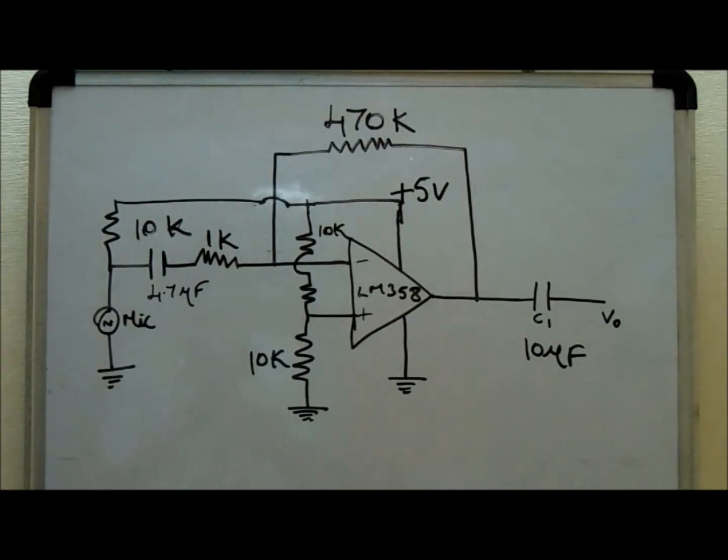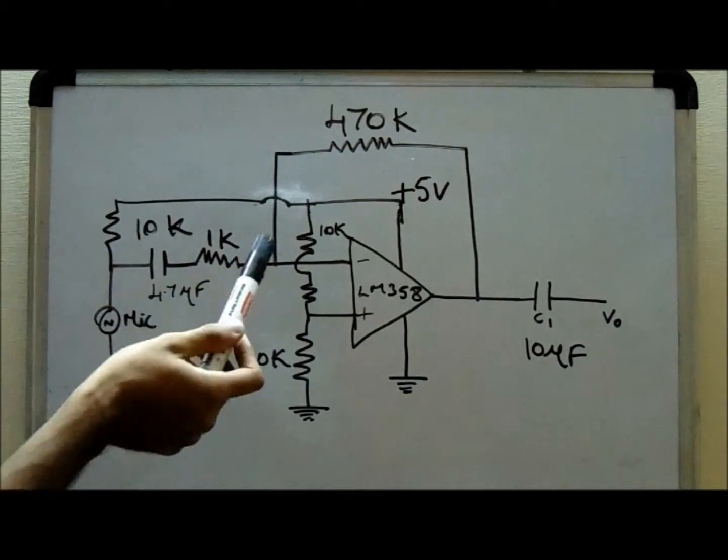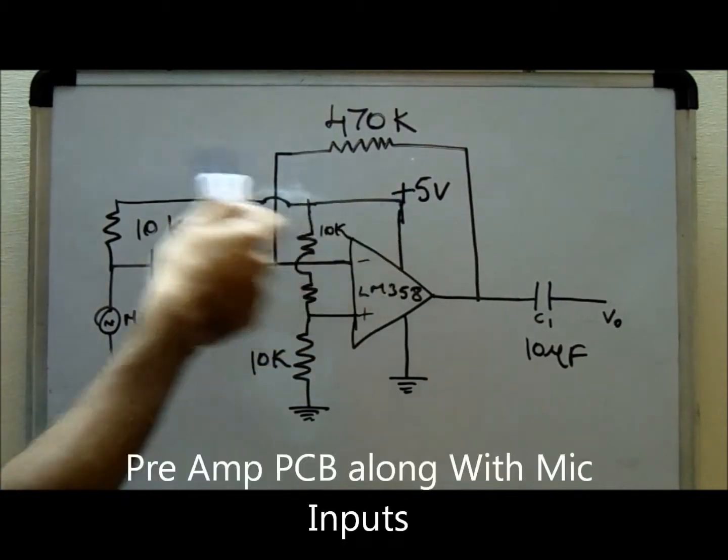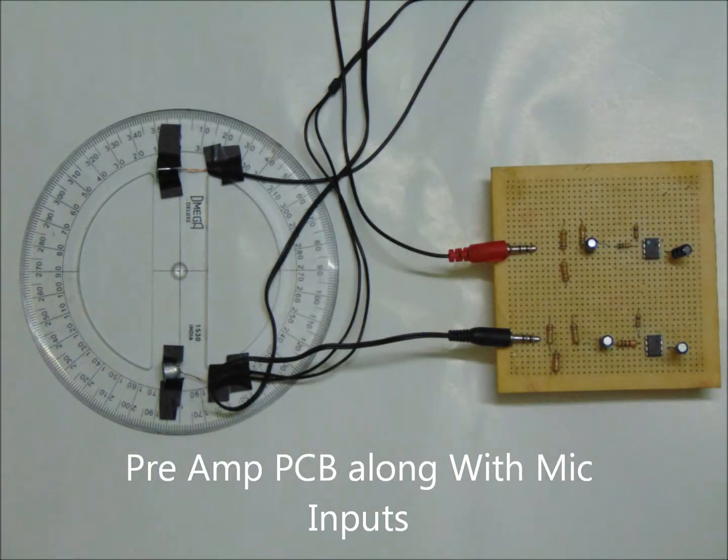It is a single-ended supply op-amp. It is operated in the inverting configuration. As it is a single-ended supply op-amp, we need to maintain sufficient offset so that the output swings between 5 volts and 0 volts. And this capacitor is used to remove the DC offset. Sufficient input impedance is maintained so that the microphone input is detected, and the microphone derives power from plus 5 volts through the 10K resistance.